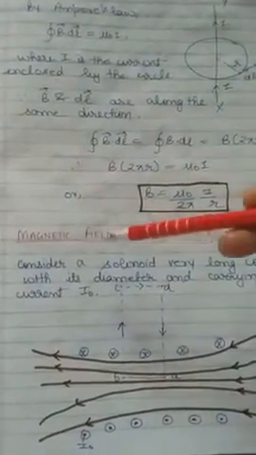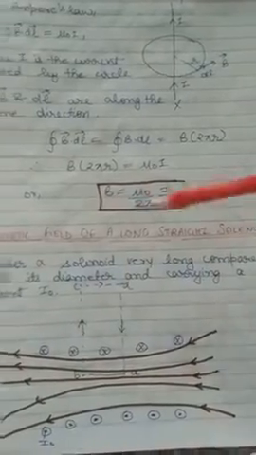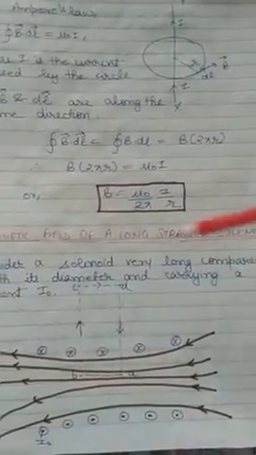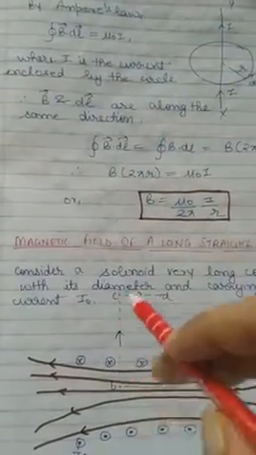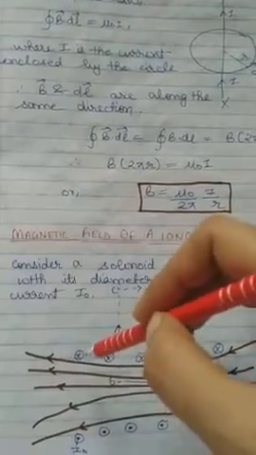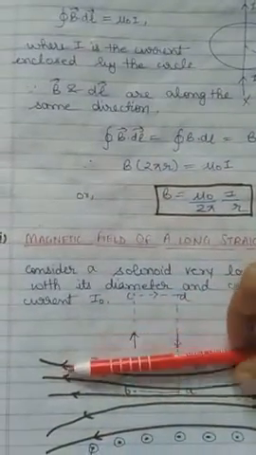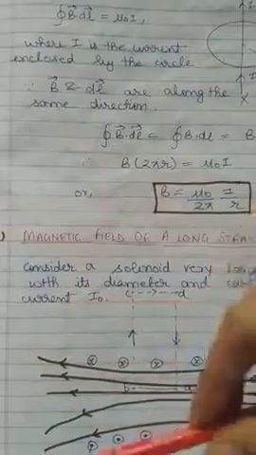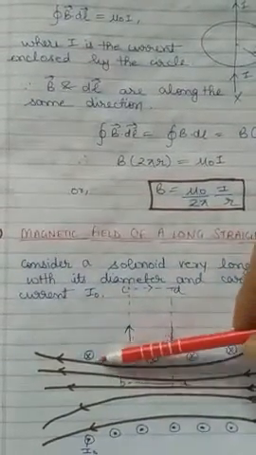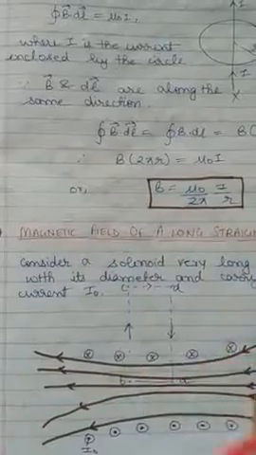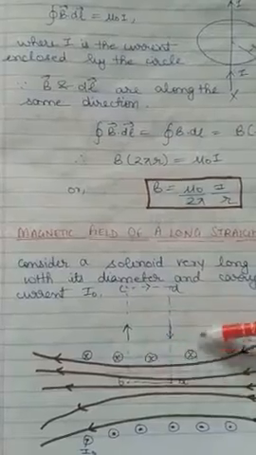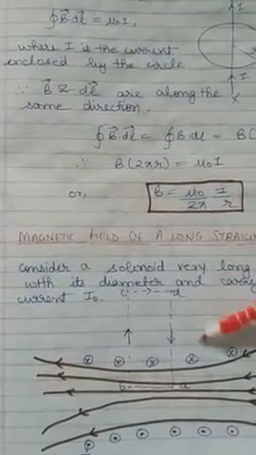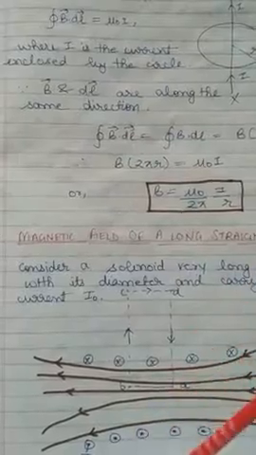So if we consider a solenoid very long compared with its diameter and carrying a current I naught, in which the current flowing is I naught. As I told you, the direction of the current at each point on this side, front and back side. If we choose this front side of it, the current will enter, and on this back side the current will come outward. So here it is representing the direction of the current. At each point it is inward, and this represents the current outward.